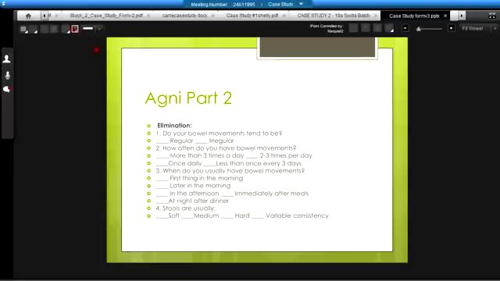But if they wake up too late, they'll have slept through that time and they will have had a bowel movement sensation, but it's so weak that they'll have slept through it. So then they wake up in kapha time and their bowels are locked up. So just a recommendation.